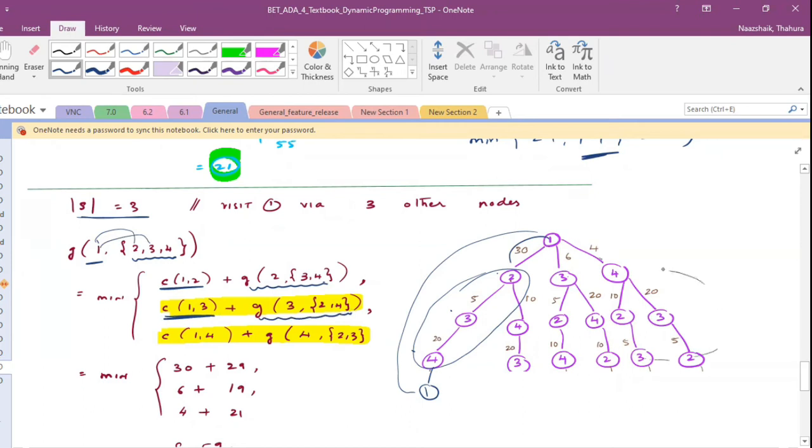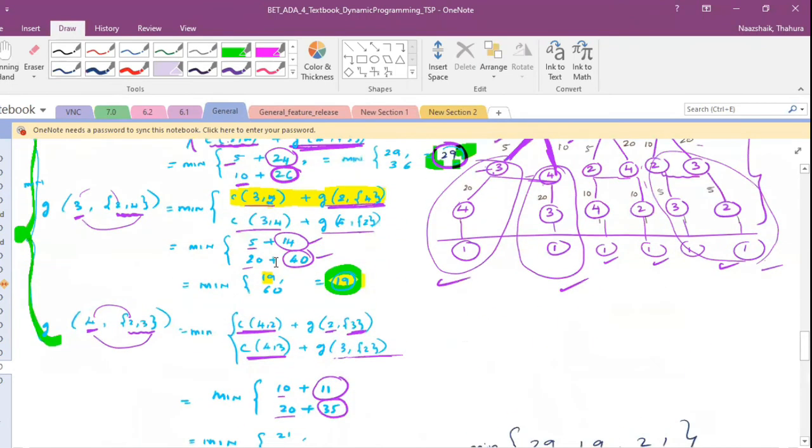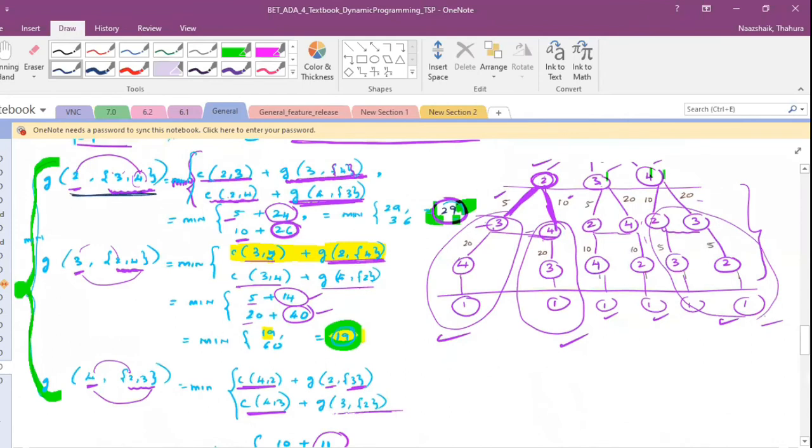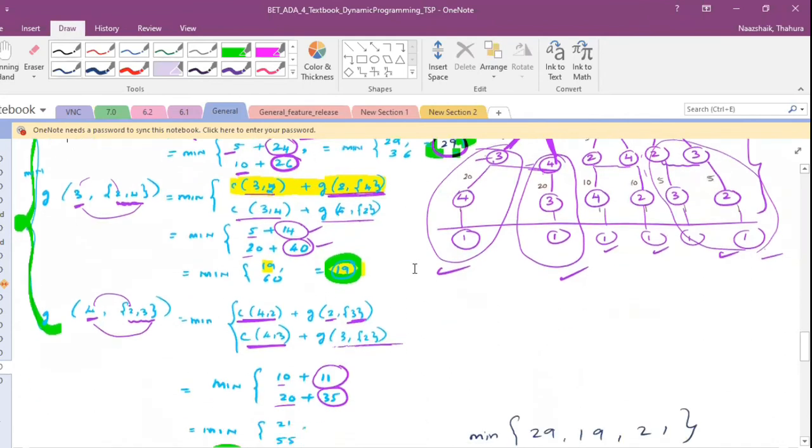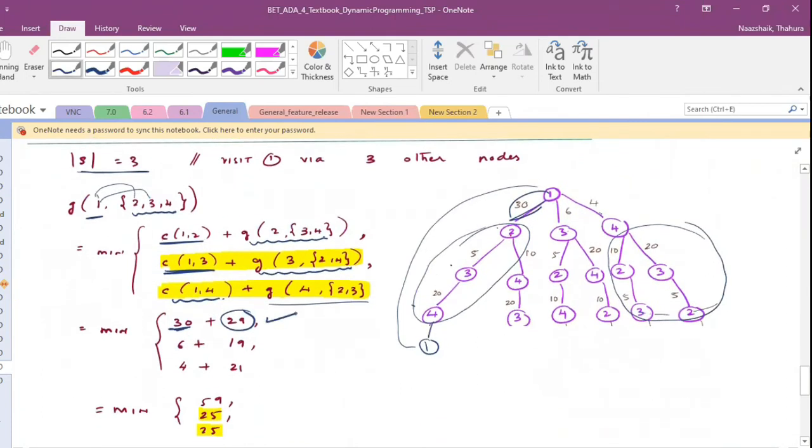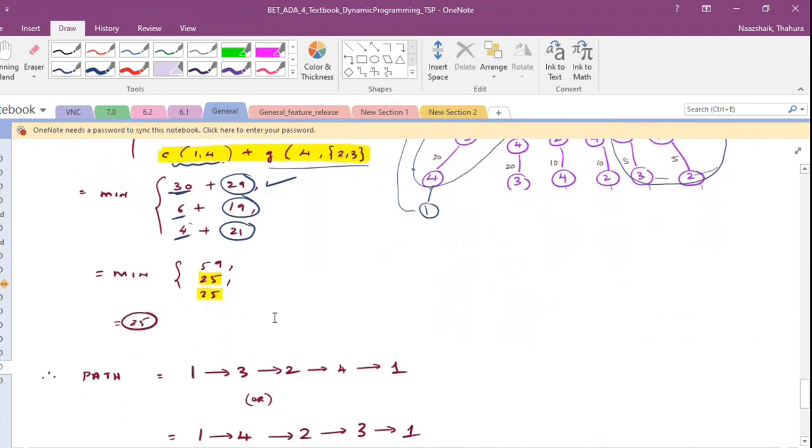And for this one, don't compute. You finished computing for this in the previous step. So just use that formula, right? So if you take this cost, 1 to 2 direct is 10, this one, 2, 3, 4. If you look up 2, 3, 4, you have already solved this, right? And you know the minimum cost was 29 here. That is why I put 20. This also, this is direct cost 6, but this one is your previous value. And this is direct cost. This is your previous computed value, right? Now you need to find the minimum among these. So you have 25 as the minimum, but you have 2 choices, right?